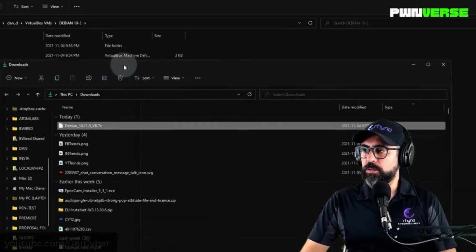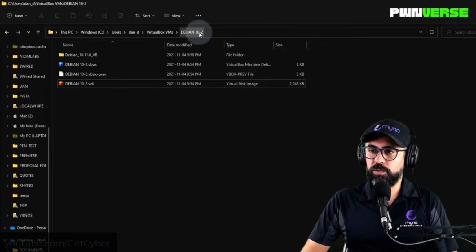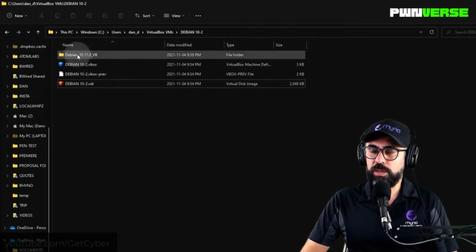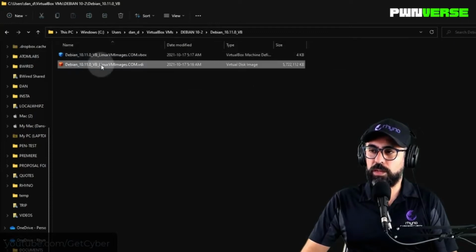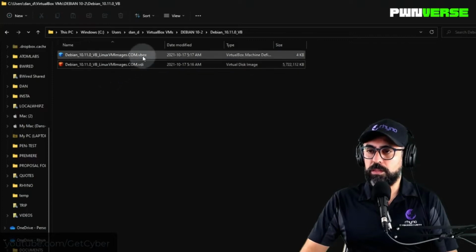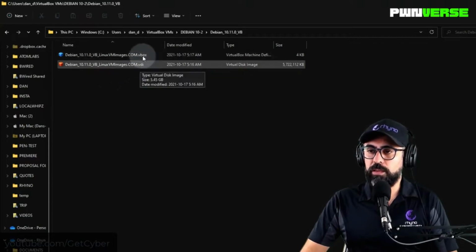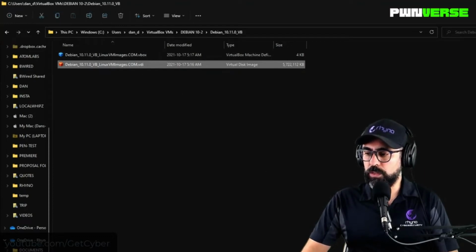Perfect. So let me exit out of here, and right here inside of your Debian 10-2, now there's going to be another folder, this one, and this is what we downloaded. And you can see here that this is 5 gigabytes or whatever it is, and then there's a VBox and also a VDI that came along with it. So let's go back to your VirtualBox